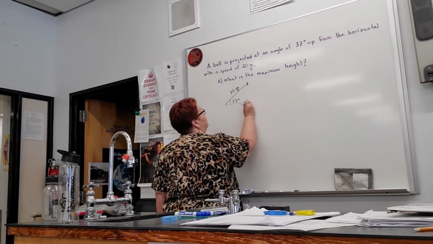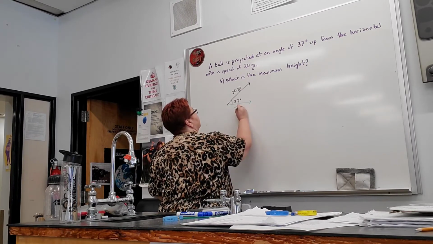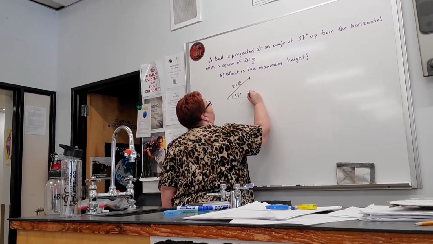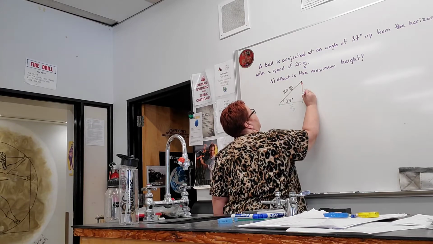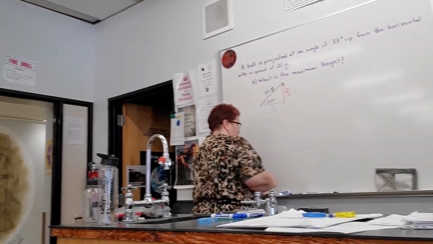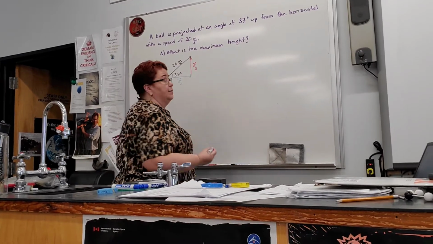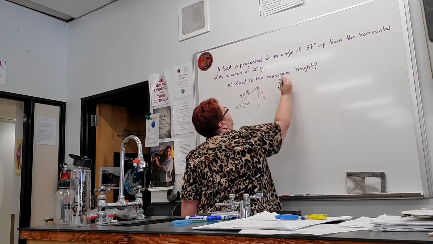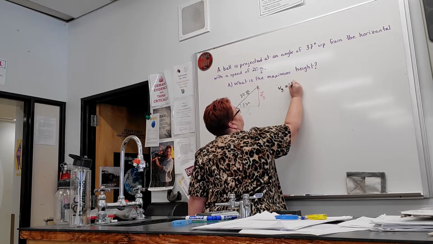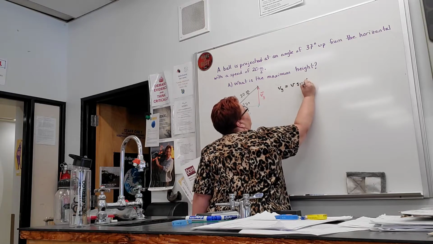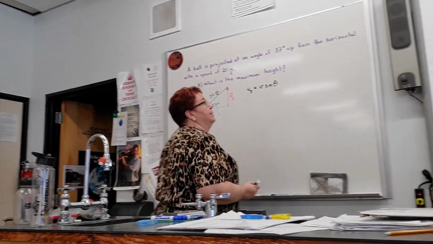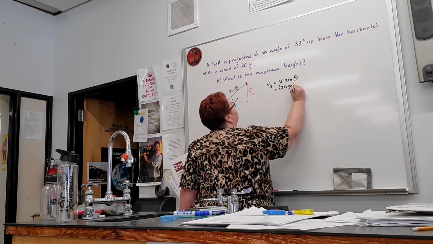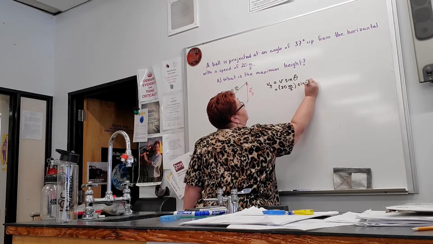So I'm going to find the horizontal component of the velocity. Let's call that Vx. And the vertical component of the velocity, and let's call that Vy. So we're going to use our trig functions to find out the size of these two sides. Vy, the size of Vy is given by V times the sine of theta when it's measured from the horizontal. This is my vertical side, so it's going to be 20 meters per second times the sine of 37 degrees,